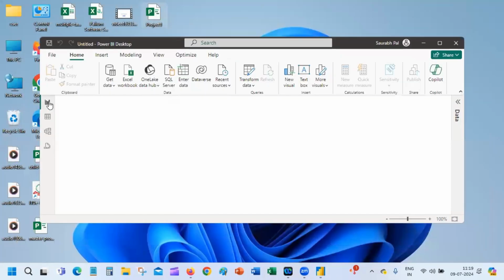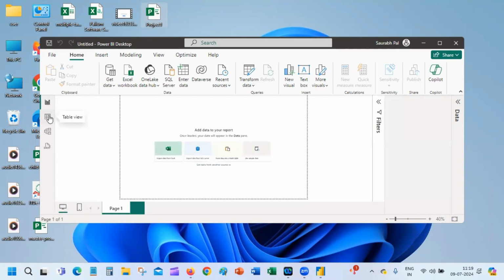So far we have seen these two tabs. This is on the left hand side. Can you see my cursor? Yeah. Moving? Yeah, so that is the report view, table view, and then we have the model view, which is